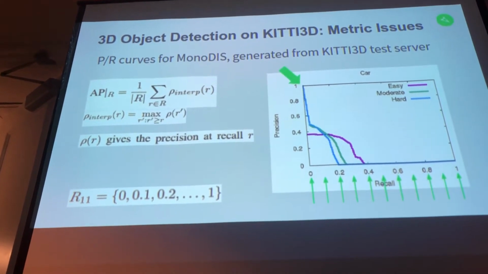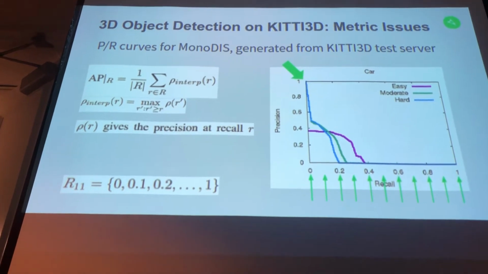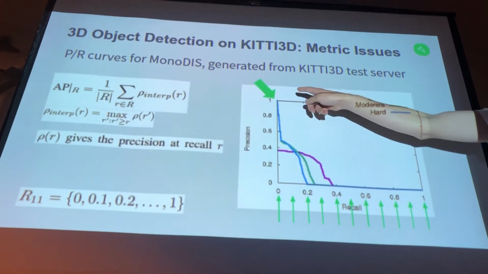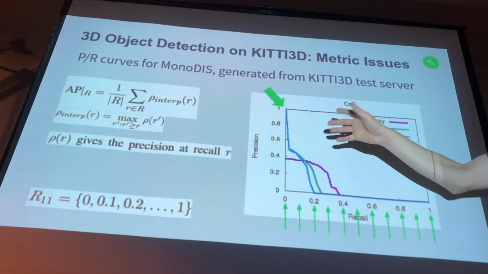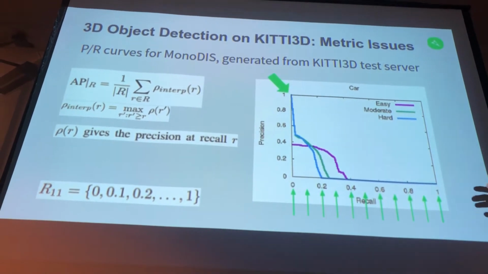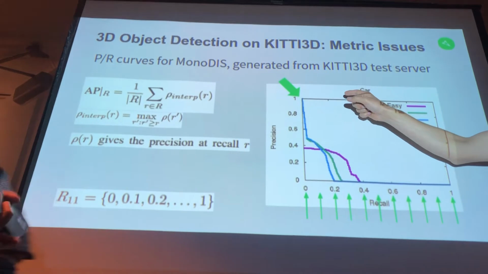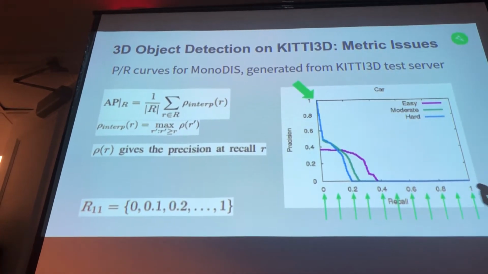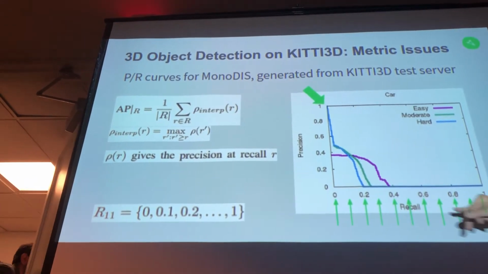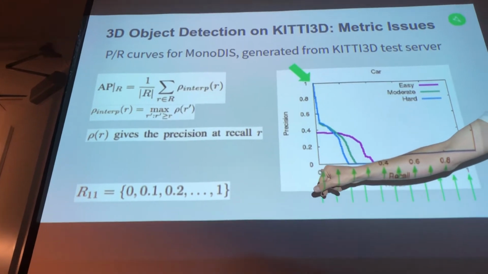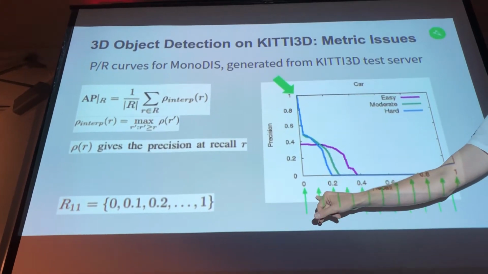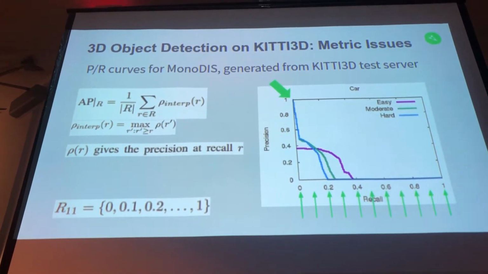When you do this, there's this strange peak here at the beginning. And if you look at the publicly available leaderboard of the test server of KITTI 3D, you see that spike very, very often. I would like someone in the room to explain to me what it actually means to have 100% precision at a recall of 0. I really don't know. But what we found is,